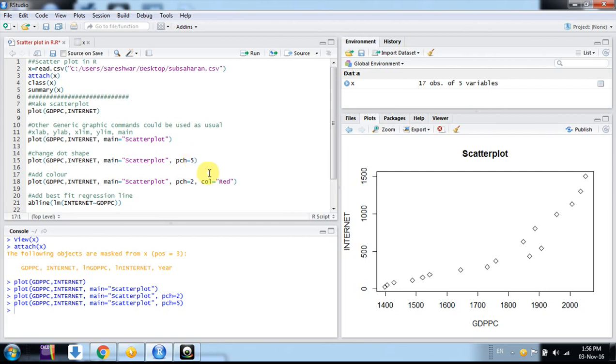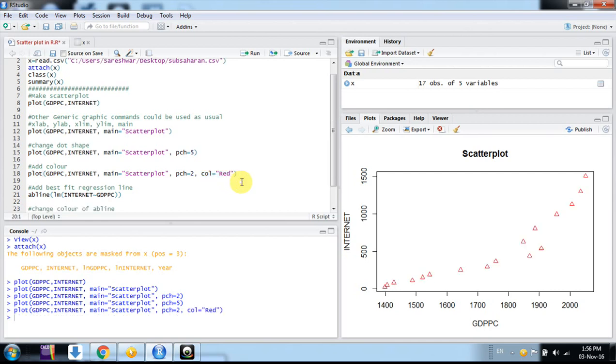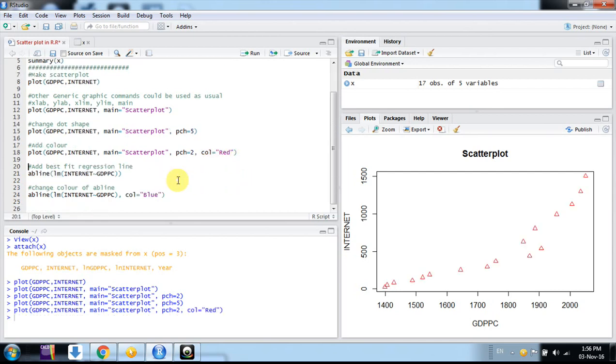And suppose you want to make it colorful, you can add one argument, color equal to red, blue, green, whatever you want. And suppose you also want to add the best fit line. If you know the best fit line, like the intercept and slope, you can mention that.